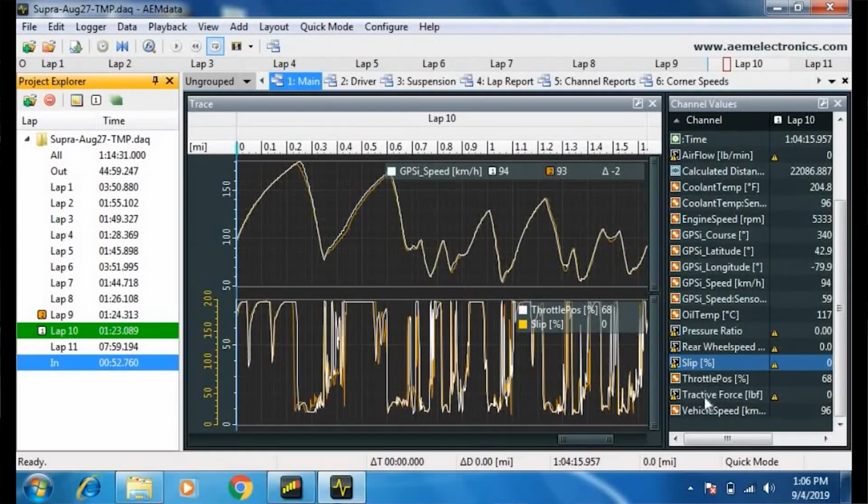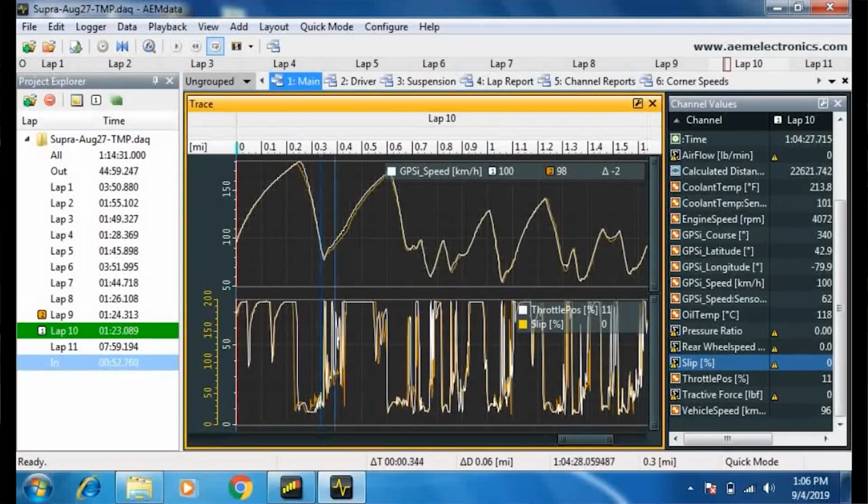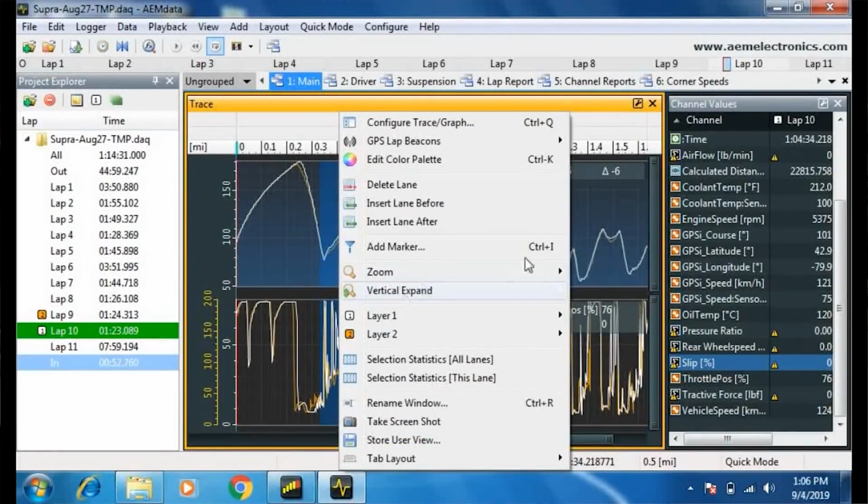So we could choose to do overlays with some of this other stuff, but I'm just going to keep it simple for now and show you speed versus throttle position. And interestingly, looking at the differences between the lines, you can see down here in the middle of turn 1, there's a fairly big gap in speed between those 2 laps. So I'm going to zoom in on that section and have a look at what I was doing with the throttle to give you guys a bit of an idea of how you can use this kind of data to